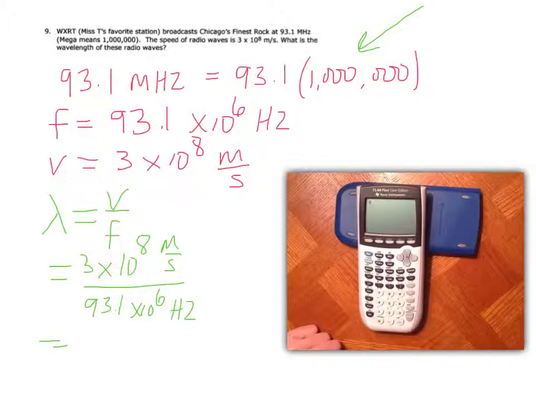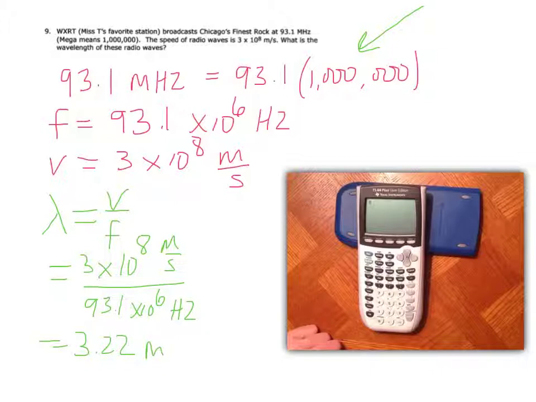And I'm going to plug that in for you. 3 exponent 8 divided by 93.1 with that little lowercase e to the 6th you'll see in the video. And you get 3.22